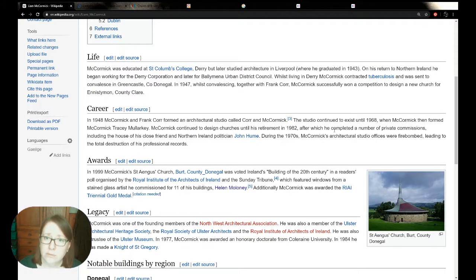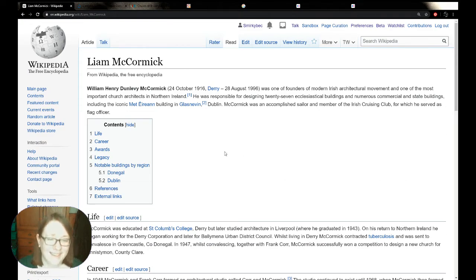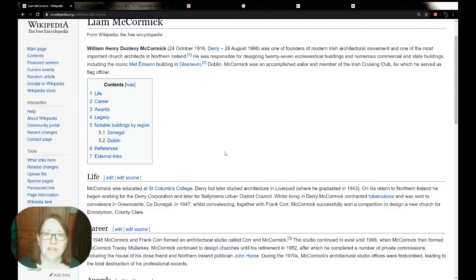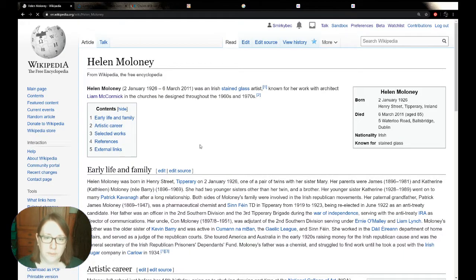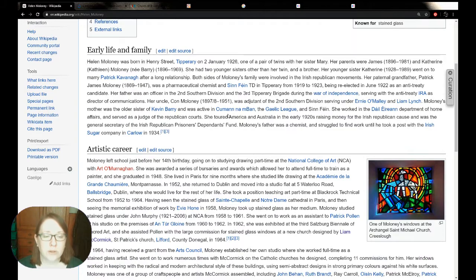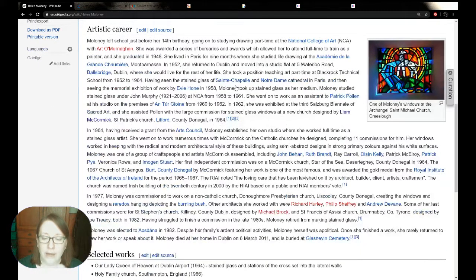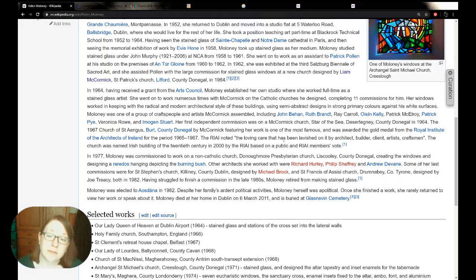So on that note, I'm going to put out a rally call for anybody who has any interest in Irish architecture. You can see here that there's a lot of work to be done on this particular article in particular, but also if we go back to Helen Maloney for a moment, she worked with a number of other artists and architects of the 20th century, and you can see we have quite a number of red links here. So Richard Hurley was another incredibly important Irish architect, still no article, Philip Jaffrey. But Art